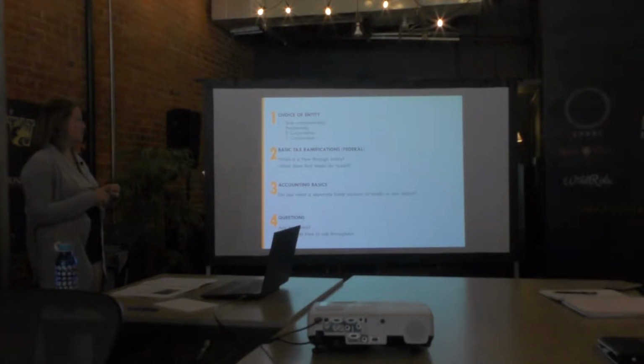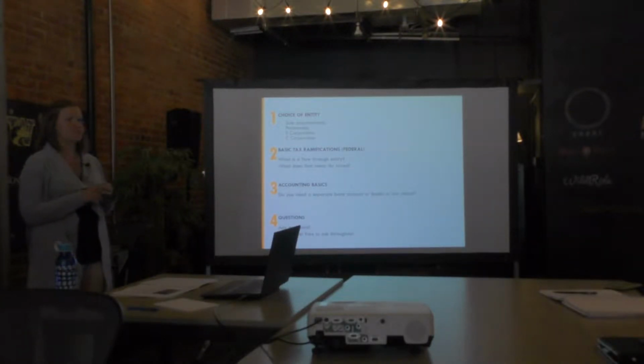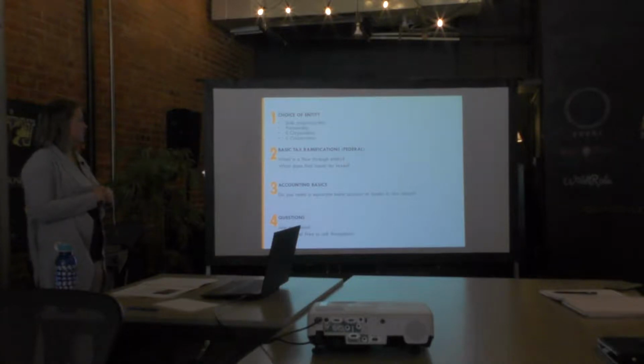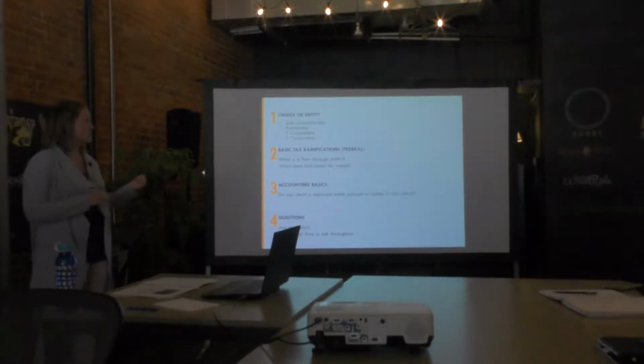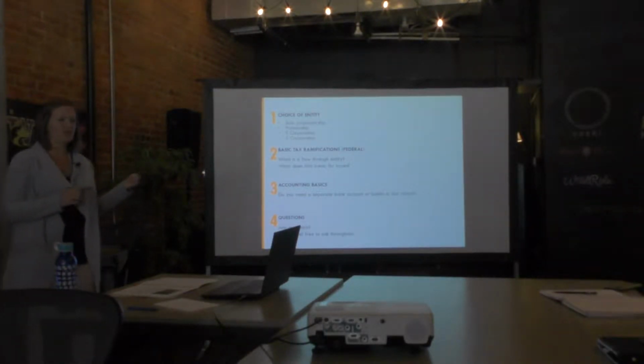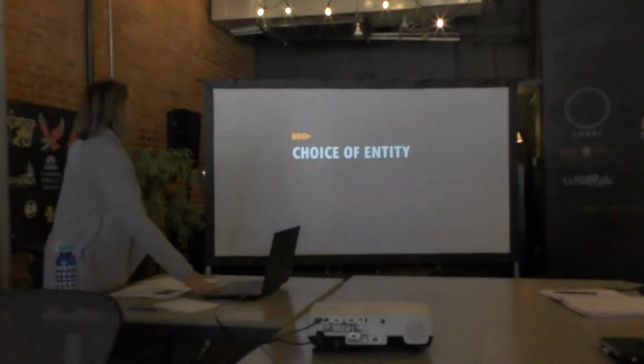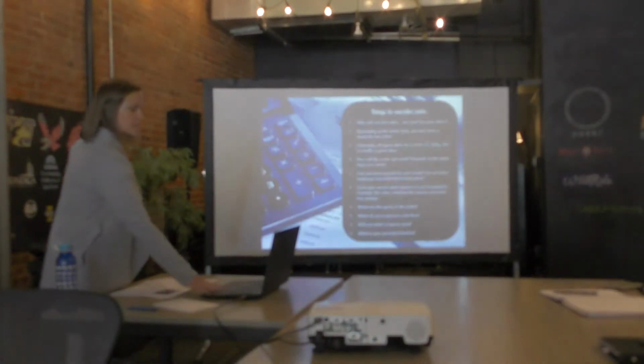Some basic tax ramifications of each, and we're just going to talk federal. States can be so specific. So depending on your state, obviously we're all in Washington, we don't have income tax, so we'll just kind of talk about tax of each of those 4, and then some basic accounting and what's required when you have each of these entities, and then questions, but please ask throughout, because that makes it better and makes me less nervous.